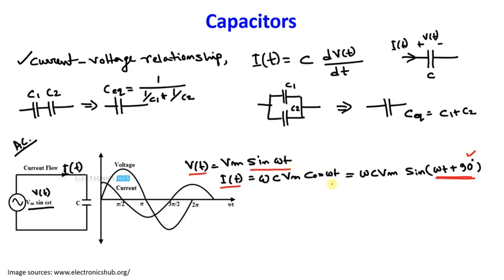current leads voltage by 90 degree, right. The same thing you can also see from their waveform. So this is the voltage waveform, right, and this is the current waveform, right. So voltage waveform is like Vm sine of omega t, and the current waveform you can see. So voltage waveform is sinusoidal and the other waveform is cosinusoidal, right. And definitely from this image also it is clear that the current leads voltage by 90 degree, right. You know that, right? This axis is amplitude.